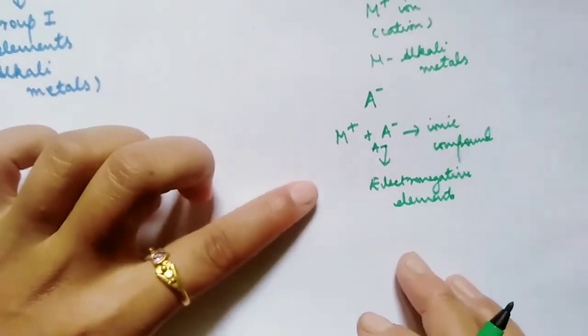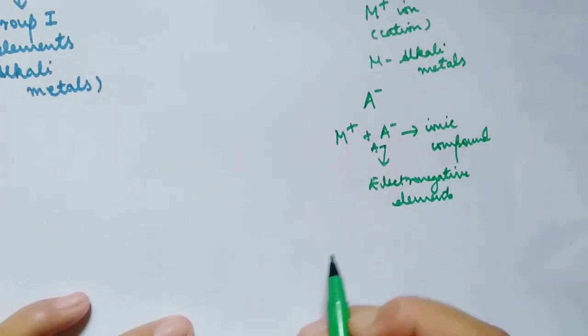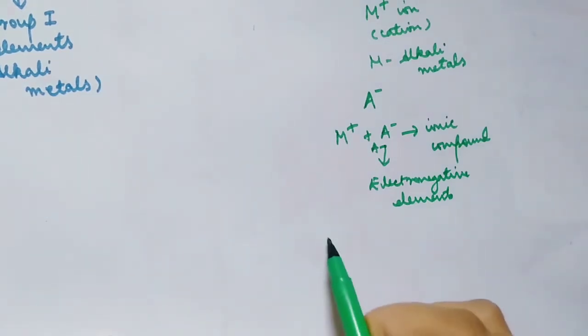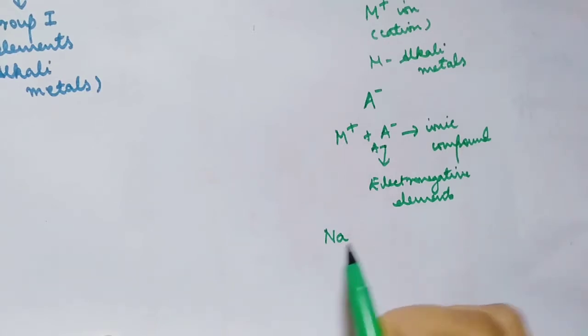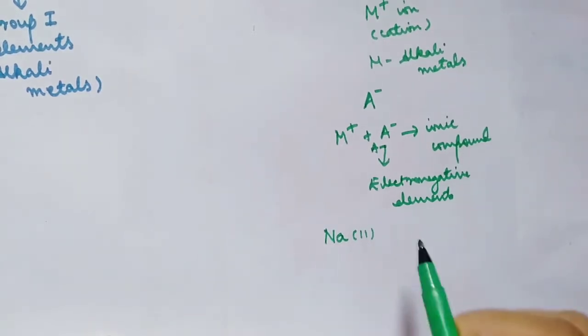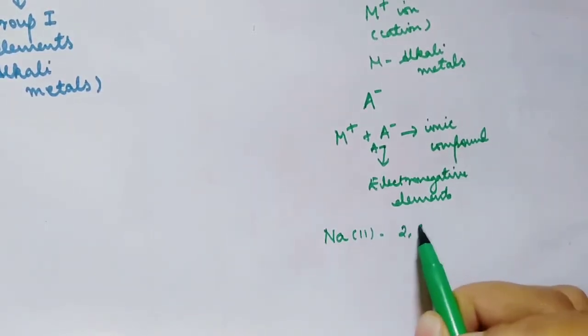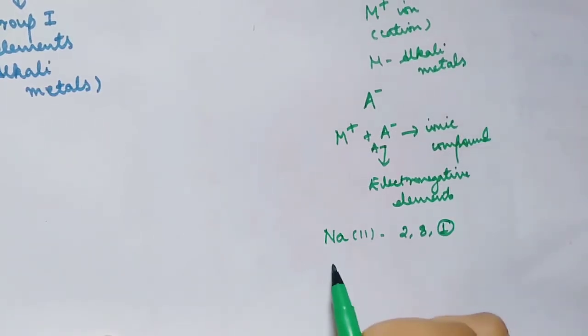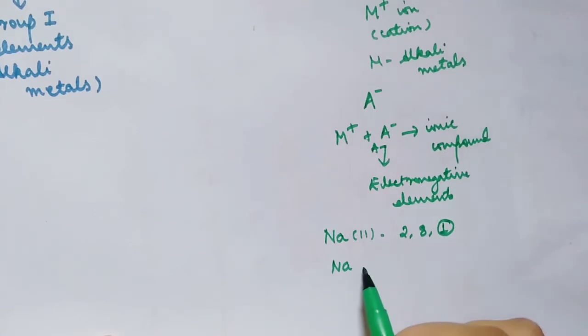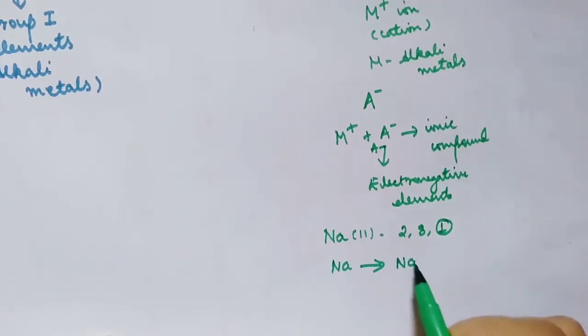To be more clear with this, we have an example. Say sodium, an alkali metal. The atomic number is 11, the electronic configuration is 2, 8, 1, so it has one valence electron. Sodium loses this valence electron to give Na+,